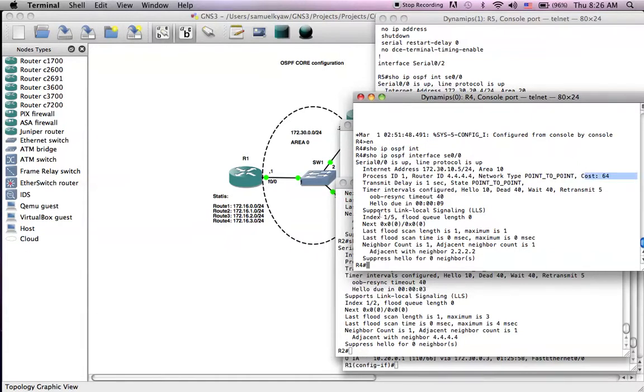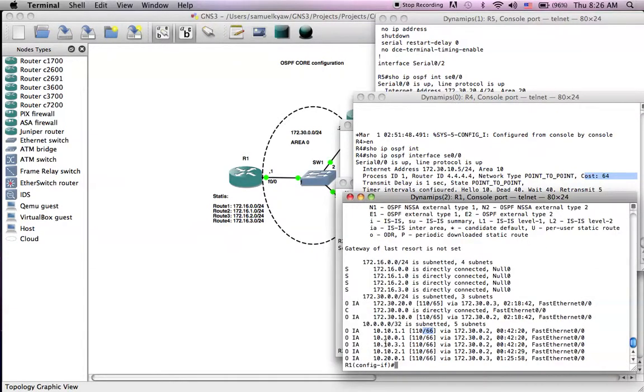From router 1, all the 10.10 networks show that the cost is 66. So the cost calculation to R1 is